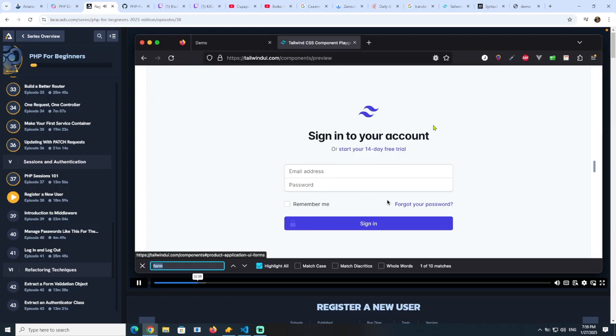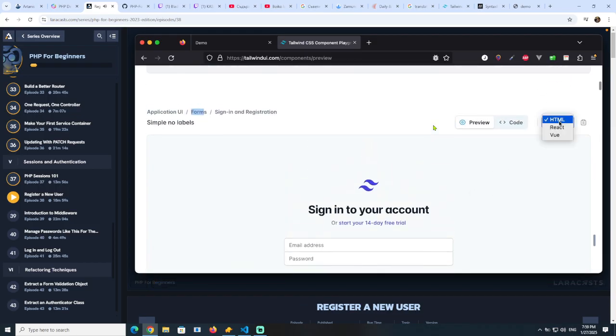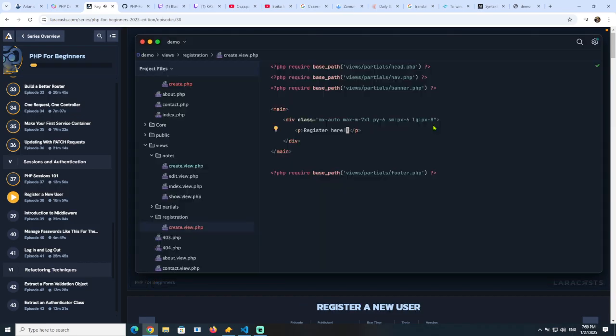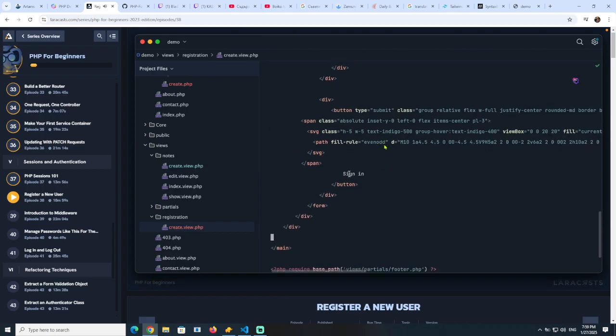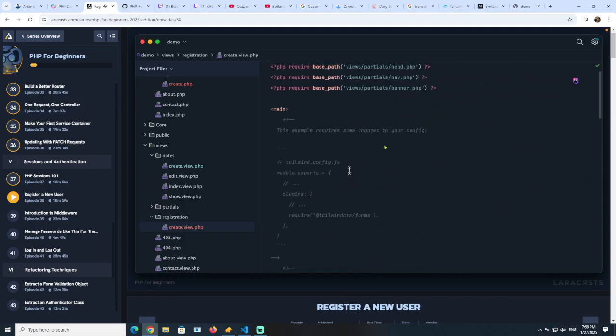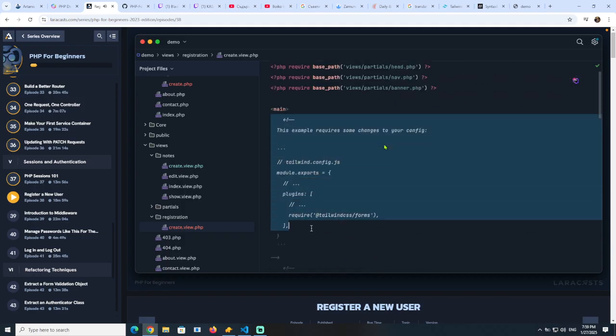It should be fine for our needs. So why don't we copy this and see if we can make use of it. I will place it, I'm not sure, maybe within this main tag. Yeah. So let's scroll up and yeah, we already have the forms